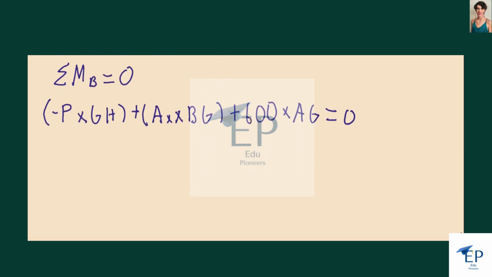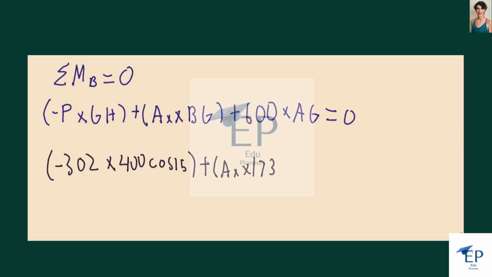So we plug in the terms that we know. So we have negative 302 times 400 times the cosine of 15 plus the x component of the reaction times 173.2 plus 600 times 100,